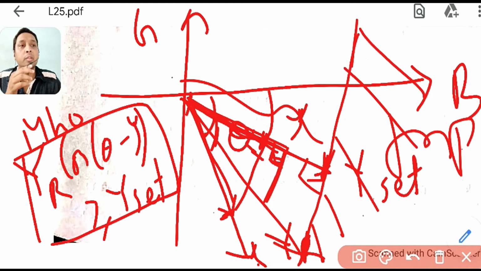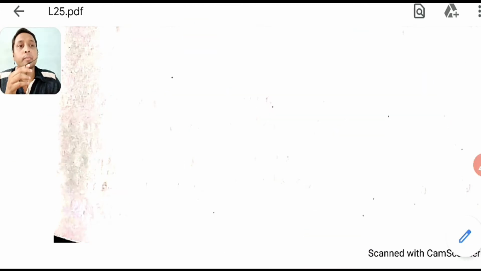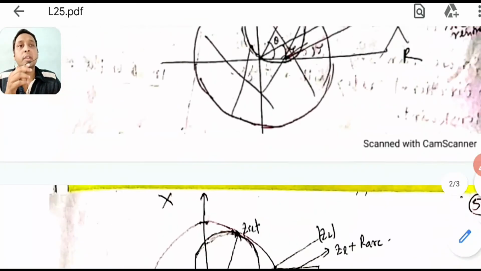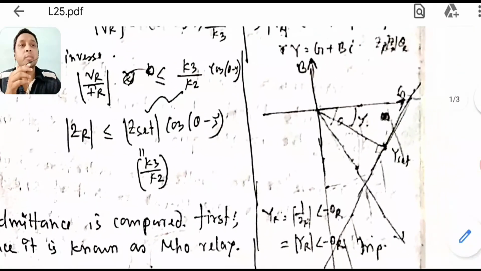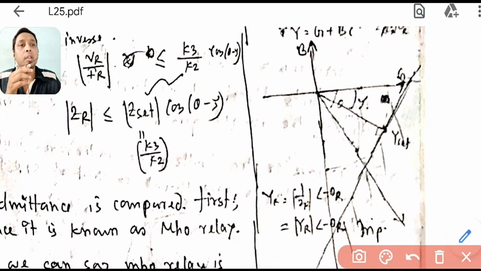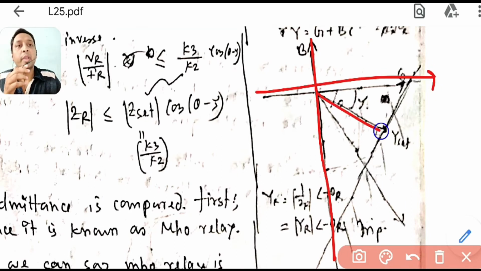So this is done. The same thing is done here. If you do it here, it is written in this fashion only. You can see the drawing now. That's why I skipped it in the earlier lecture. Now you can see this is B, this is G, this is your Y set, this is your MTA here, and this is the line you are measuring. This is theta. So every time you will be drawing a perpendicular on that one. Let me draw a perpendicular.